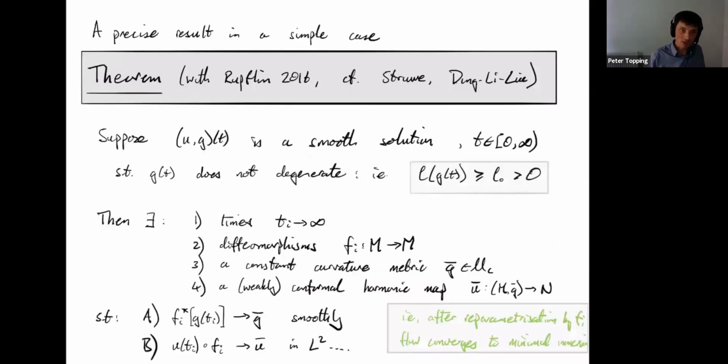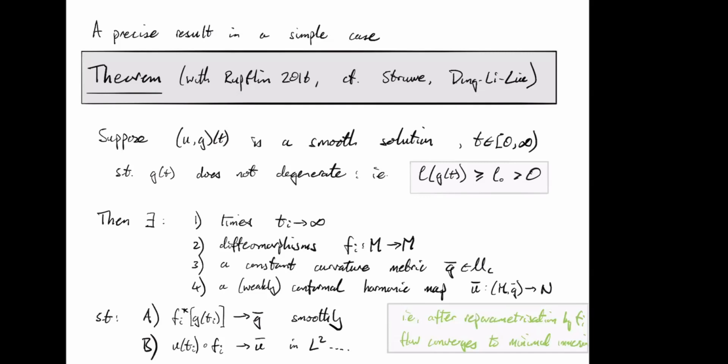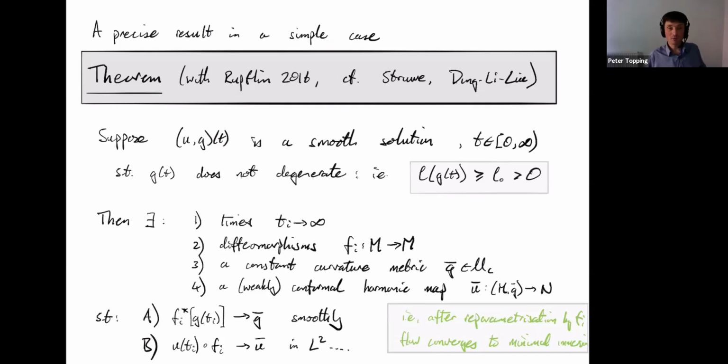So let me give you a precise result. This is one of the easiest results that we proved on this flow right at the beginning, but the most pertinent for the theorem that I'm going to tell you in a second. So this is a result with Malny. So what does it say? It says, let's suppose you have a solution to this gradient flow and that it exists for all time, and also that the metric G does not degenerate. And the easiest way to describe what I mean by does not degenerate is I've written in a box here.